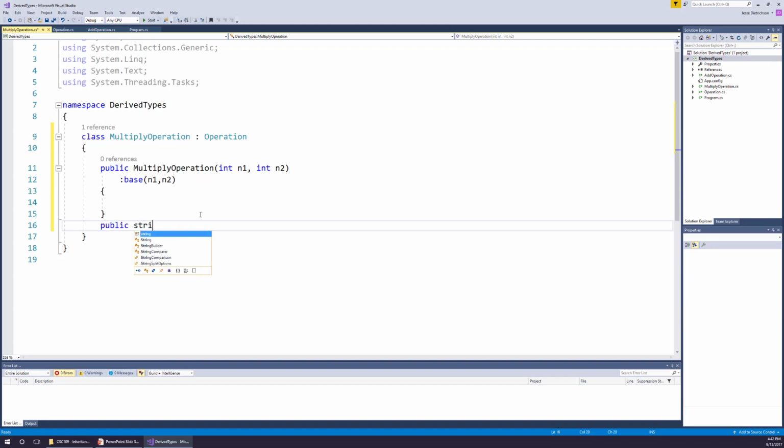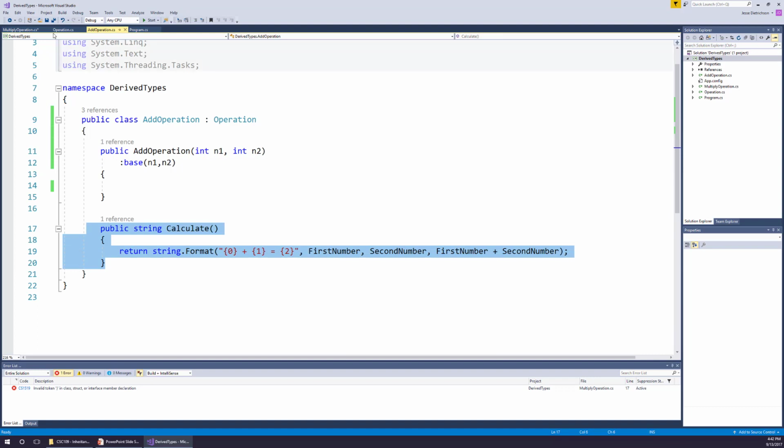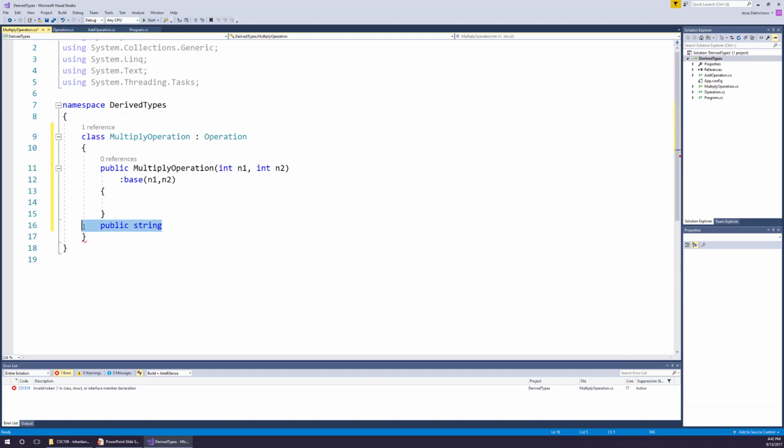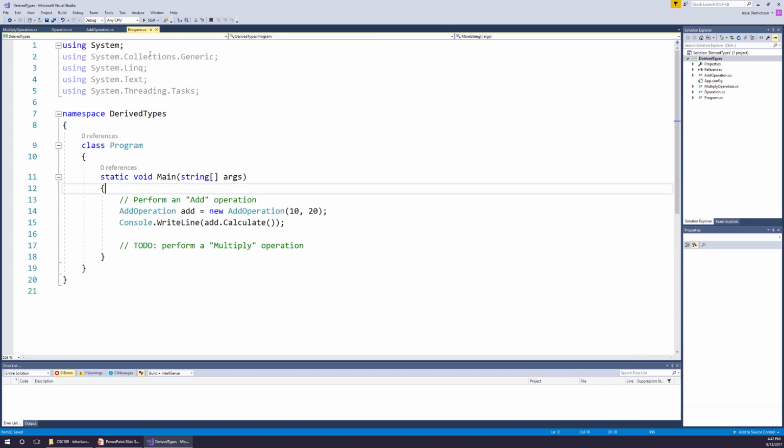So it's public string. We can actually just go back to add operation and copy this. And we can paste that into here. And we're going to change this to multiplication instead. So we'll change that to multiplication or an X, doesn't matter. And then we'll change this to multiplication here. And now with our multiplication operation done, if we head back over here, now we need to perform the multiply